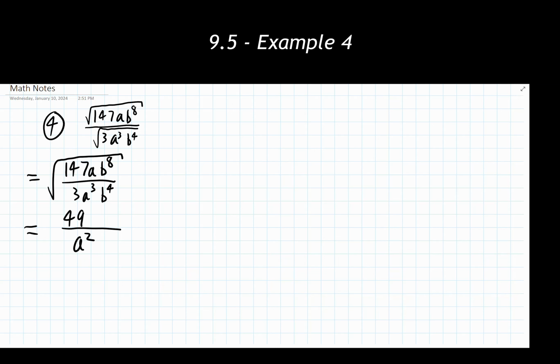I'm then looking at b to the 8th divided by b to the 4th. I have 8 b's up top, 4 b's down below. So 4 are going to cancel in each spot of the fraction. However, the numerator has 4 left over, so it's going to remain as b to the 4th power. So this problem's not done, but it's looking a lot better and the numbers are a little bit nicer and a bit easier to work with now for the final steps of our problem.